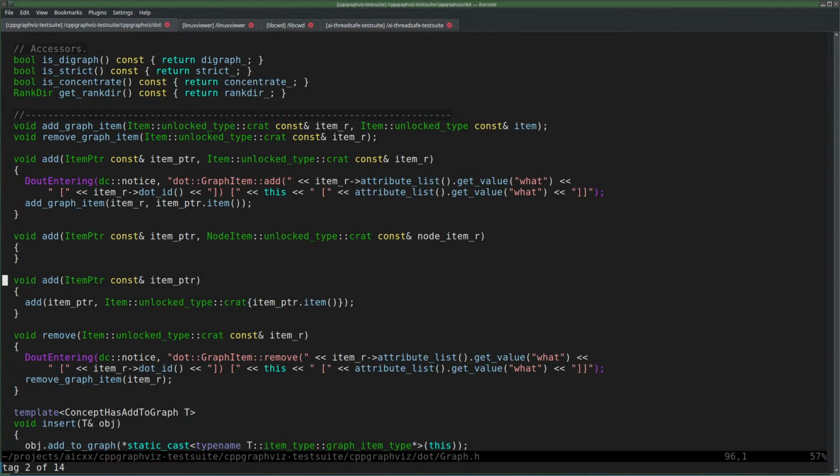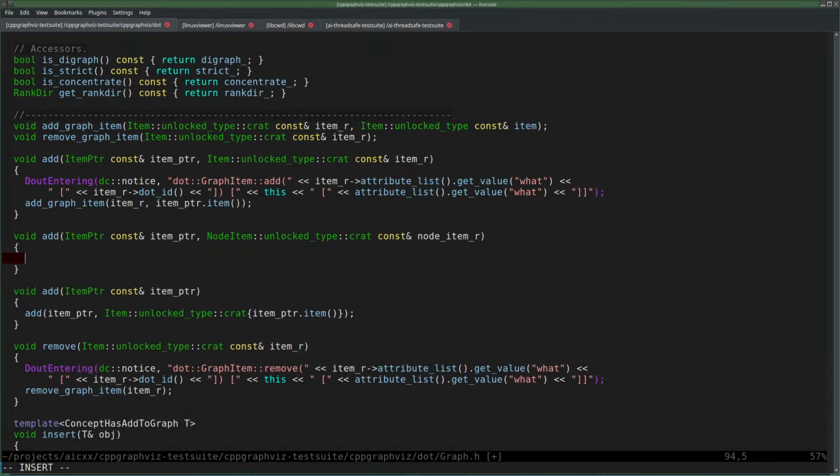Yeah, this is the one that I added. Oh, okay. So this one allows me to add node items, even though the function name is still add. I have to make it work. Add graph item stuff. Also have to do this one.